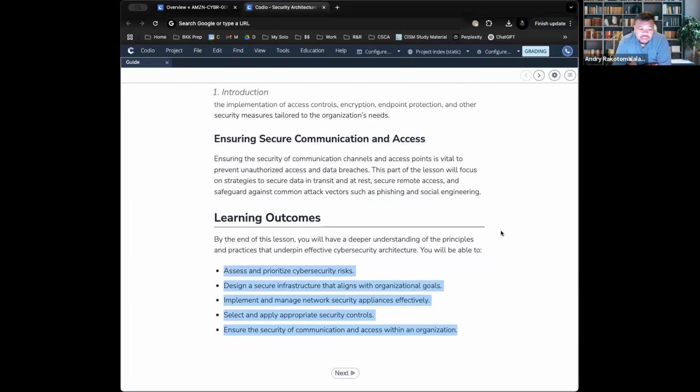And then there's designing the infrastructure as well as implementing network security tools. If you remember last class, I said one of the foundations of cybersecurity is networking. The definition of networking is sending information from one device to another. So sending that information from one device to another is critical because you want to make sure it's being sent securely and you have the right infrastructure to protect all that data.